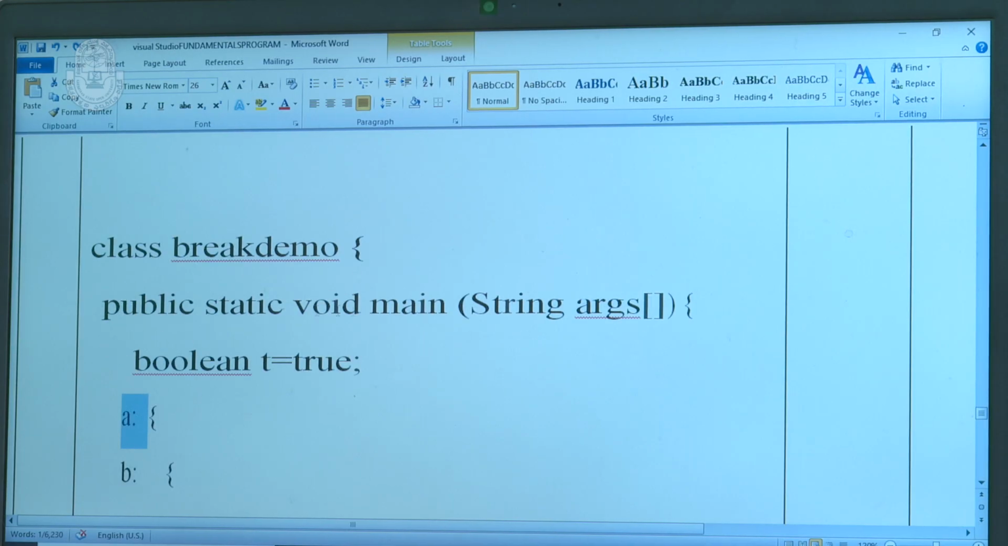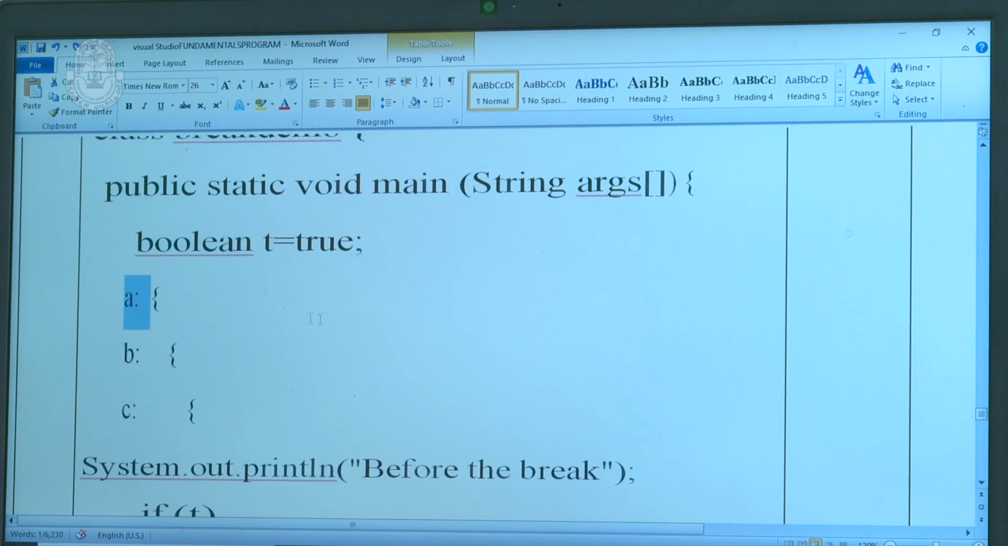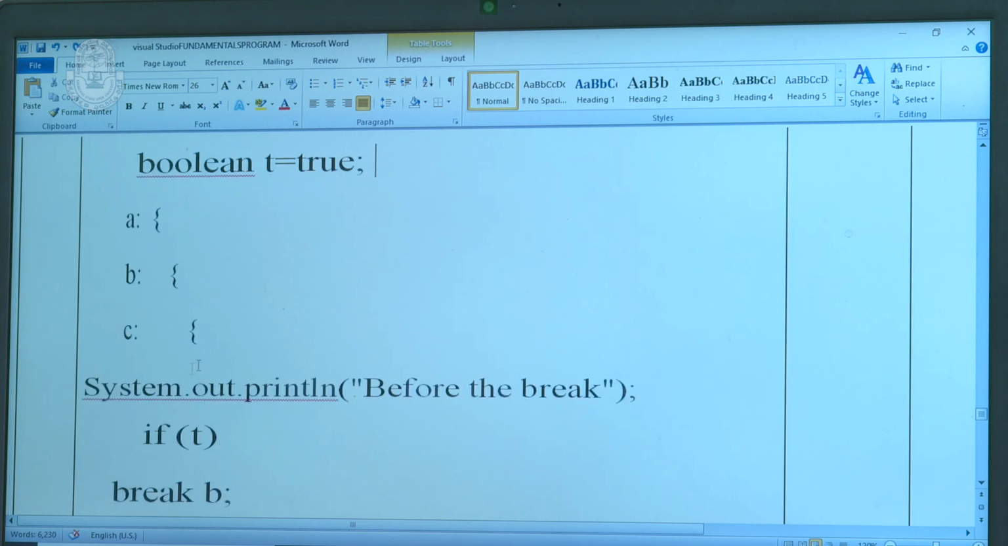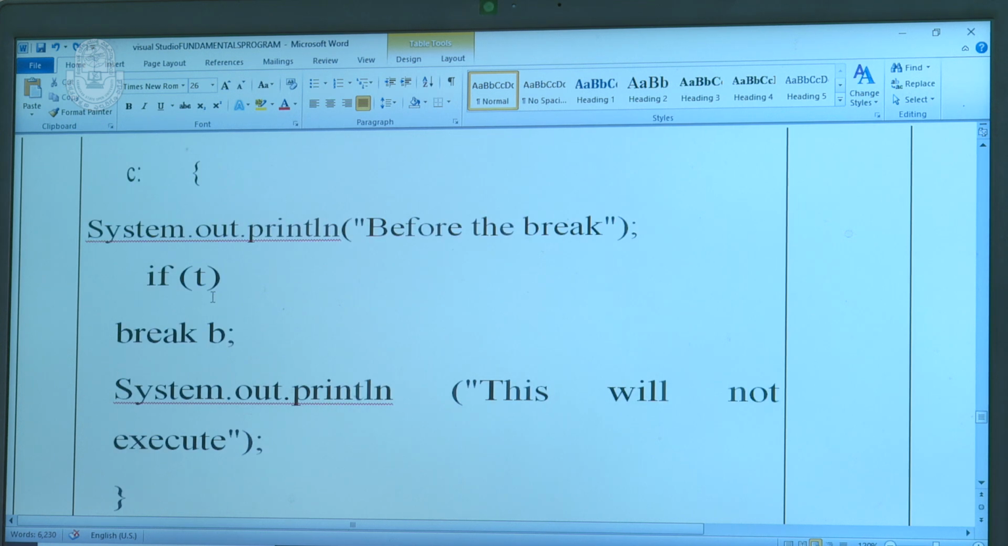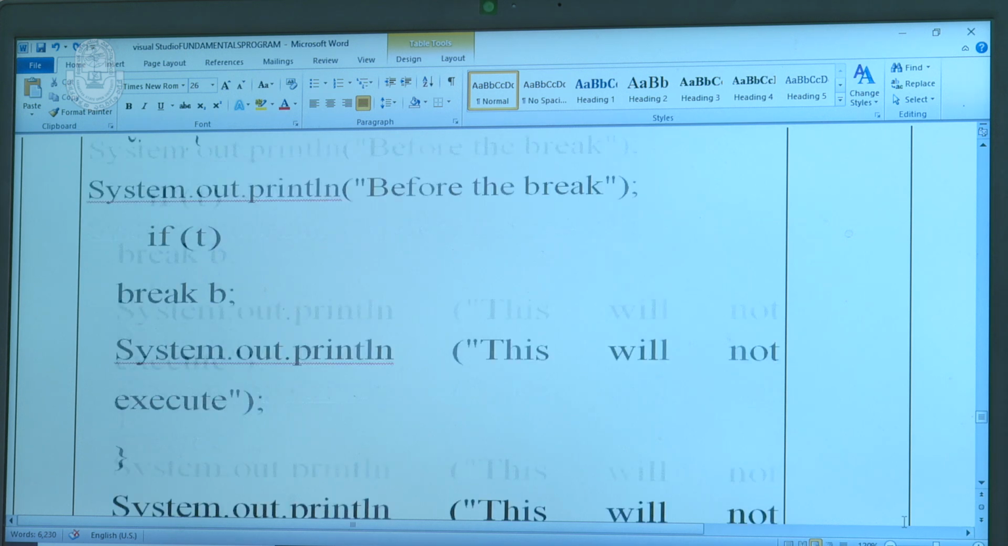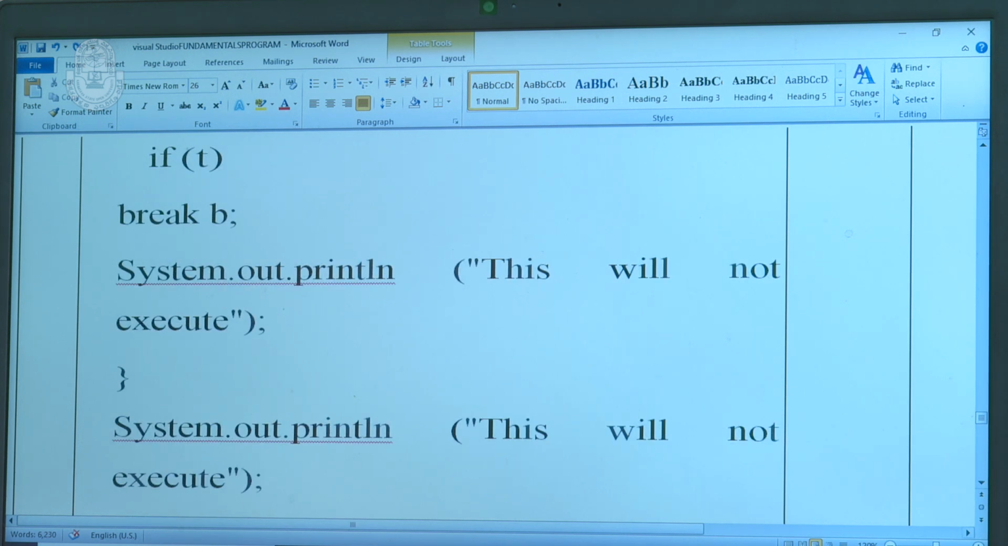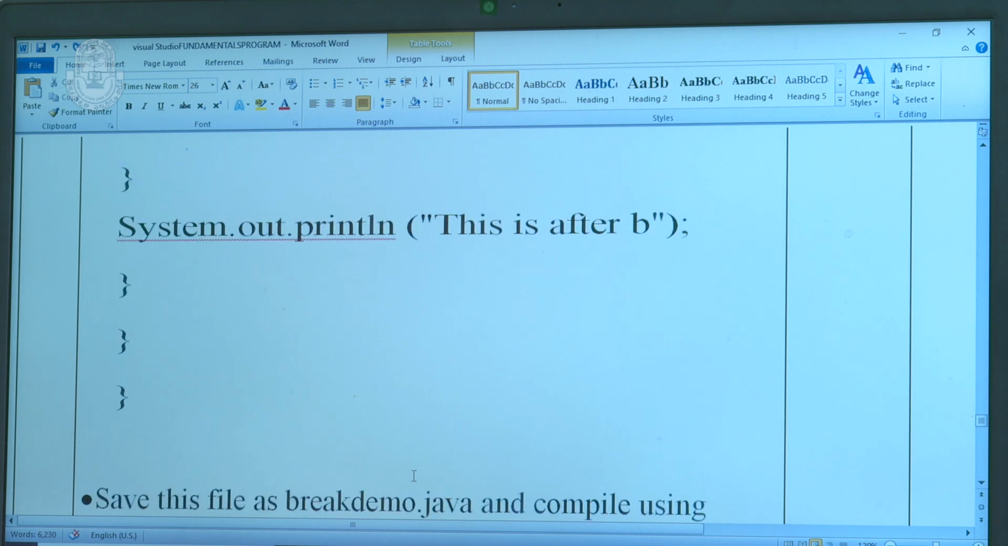Open a new file in the editor and type the following script. class BreakDemo, public static void main(String args[]), boolean t = true; a: { b: { c: { System.out.println("Before the break"); if (t) break b; System.out.println("This will not execute"); } System.out.println("This will not execute"); } System.out.println("This is after b");